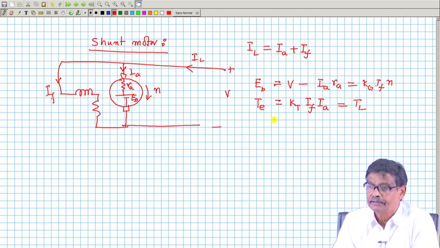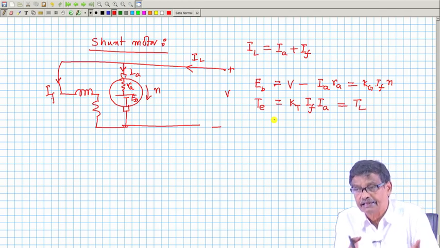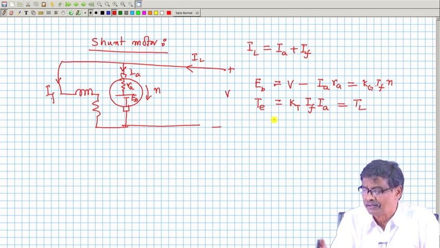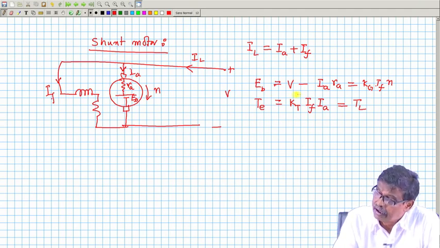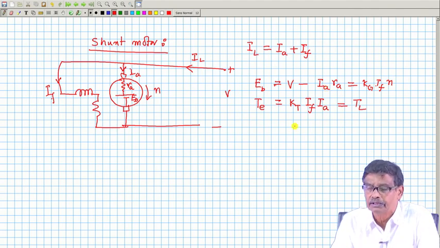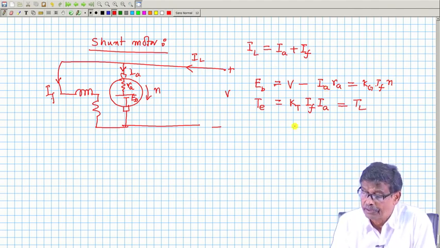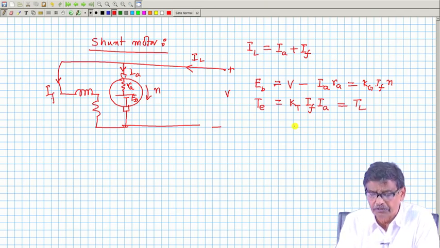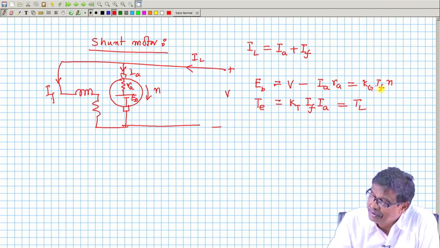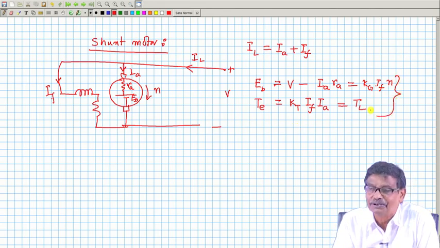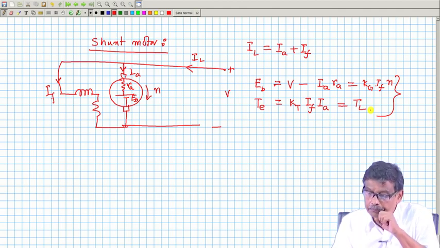This is the general form. Now, no point in elaborating the same steps if it is at some applied voltage and the armature current was 1; you replace it by 1, 2 etcetera and take ratios. So, the point I want to make is that those two relations, irrespective of the connection, series, shunt, whatever it is, must be satisfied, and that will be the starting point for solving any problem.